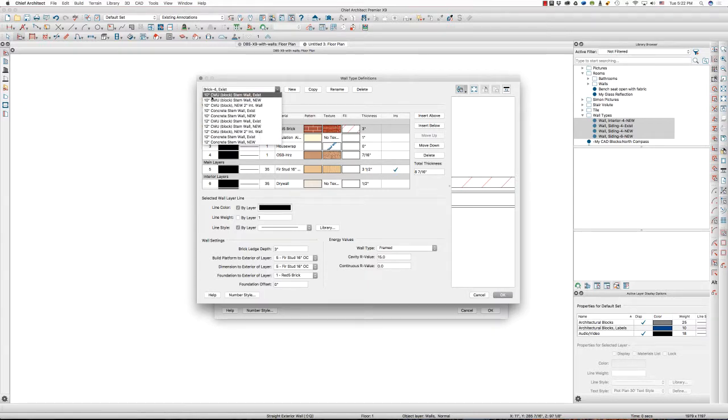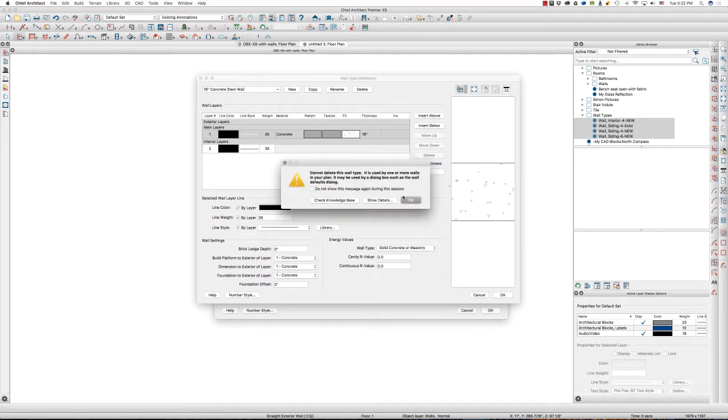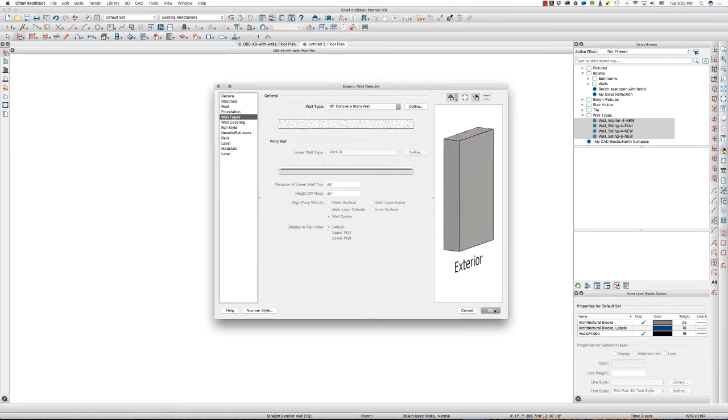So I've got 10-inch CMU existing and new. I've got 10-inch CMU new with a new internal flat stud wall. 10-inch concrete existing and new. 12-inch CMU existing and new, also with a flat wall. 12-inch concrete existing and new. 16-inch concrete stem wall I can delete because, I cannot delete it right now because it's being used by one or more walls in my plan. What that means is, and that's okay, let's click OK. What that means is,